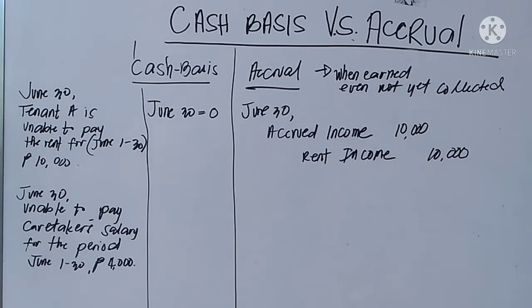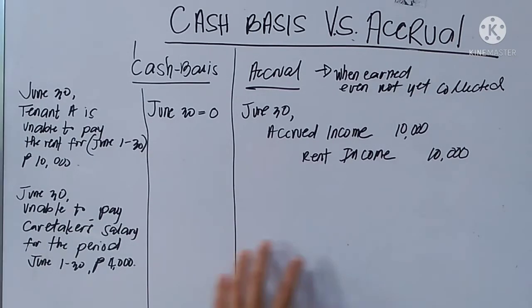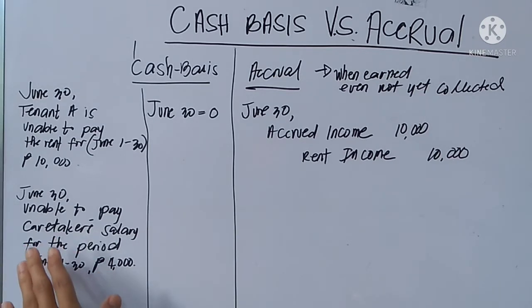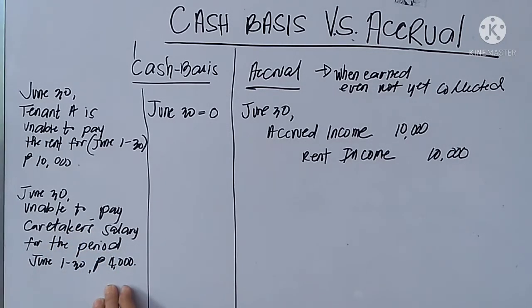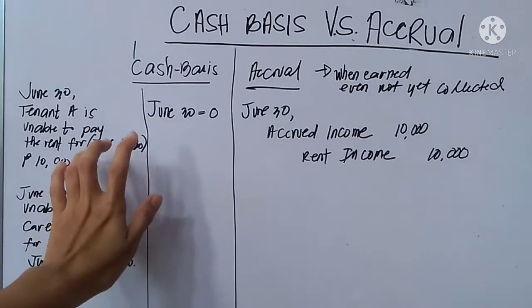So, paano naman pagdating sa pagre-record ng expenses under cash basis and under accrual accounting? So, let's have the second situation here. By June 30, the business is unable to pay the caretaker's salary for the period June 1 to 30, which is 4,000 pesos. So, sabihin na lang natin na hindi ka nakapagbayad kay caretaker kasi nga wala kang natanggap